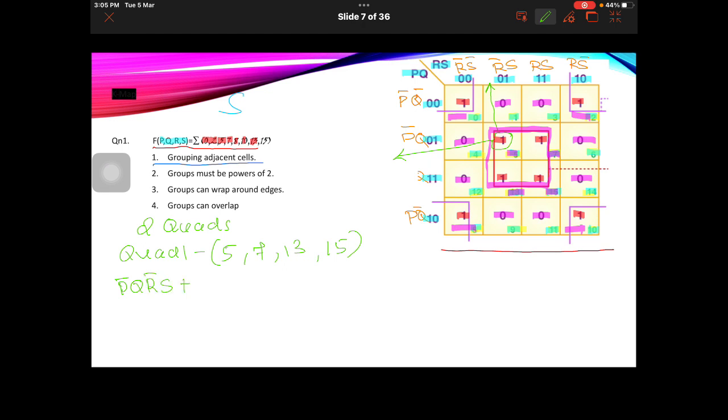Then next we need to see the variables corresponding to the next one. The variables corresponding to this one are P bar Q and RS